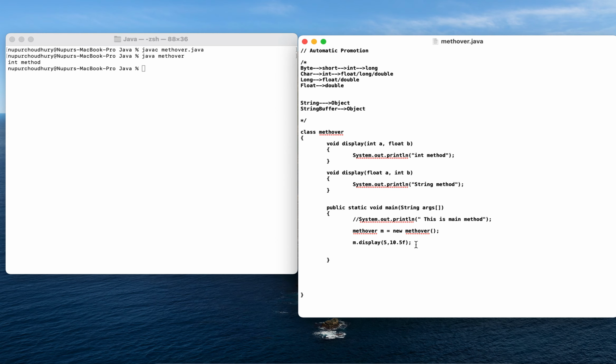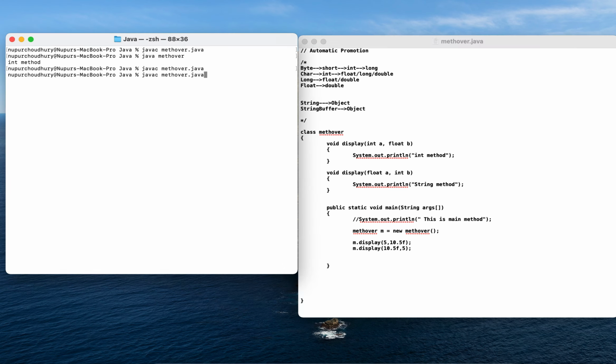Now if I want to call the second method, m.display, I have to use it the other way around: 10.5f, 5. Now if I run this, it gives me the second method as well. So the first call is for the int method, and the second call is for the float method.